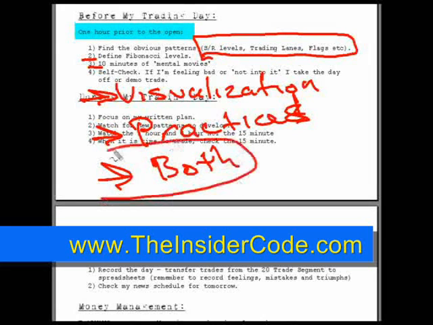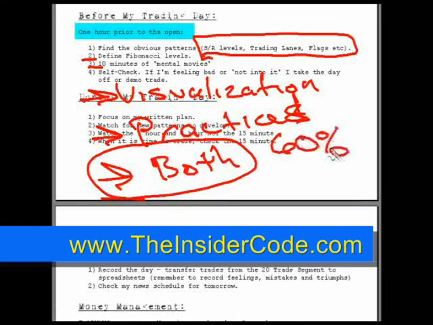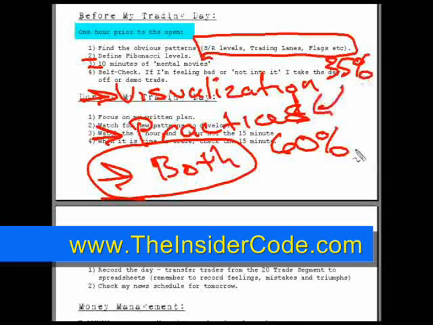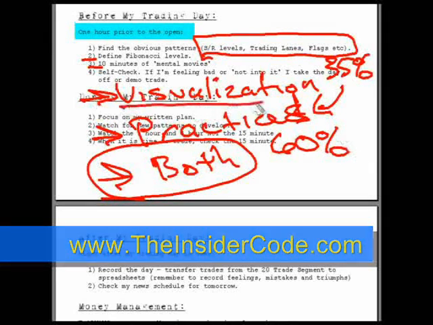The third group that did both performed 60% better than the first 2. Visualization is a key component to any type of performance. Now here's something that may shock you. The group that just visualized did 35% better than the group that only practiced. Now you have to remember, these people here